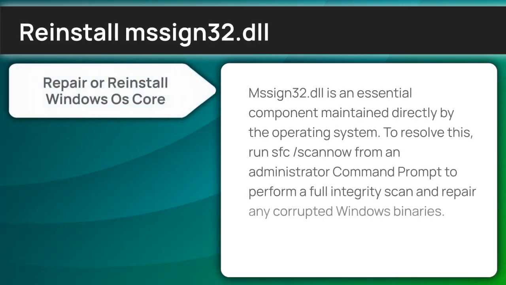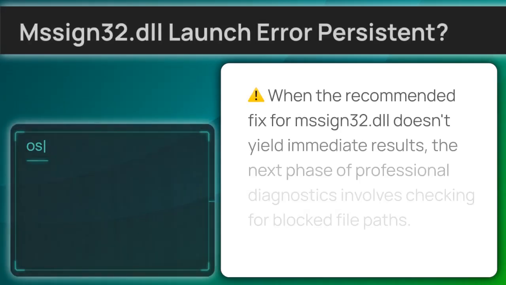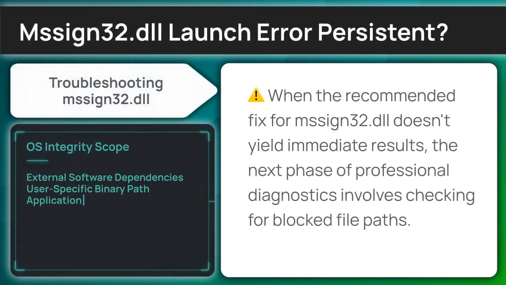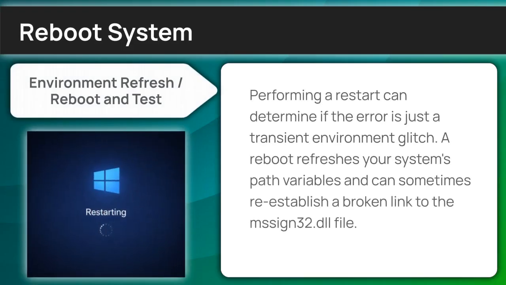mssign32 is an essential component maintained directly by the operating system. To resolve this, run sfc /scannow from an administrator command prompt to perform a full integrity scan and repair any corrupted Windows binaries. If a standard reinstallation doesn't restore the library, we need to verify if the system environment is properly recognizing the new components. Performing a restart can determine if the error is just a transient environment glitch. A reboot refreshes your system's path variables and can sometimes re-establish a broken link to the Microsoft Digital Signature 32